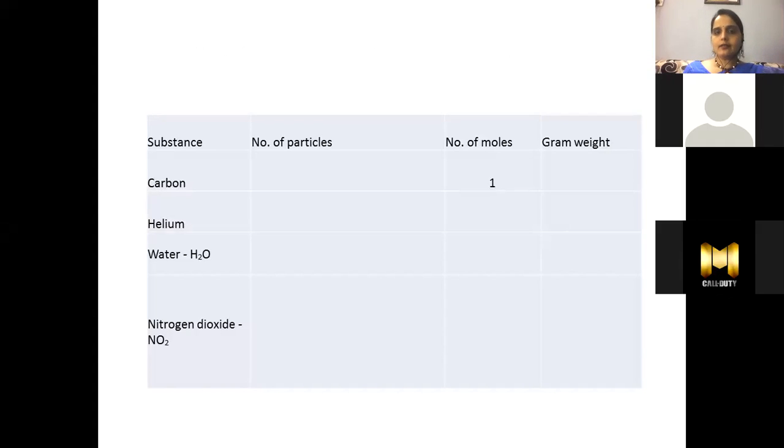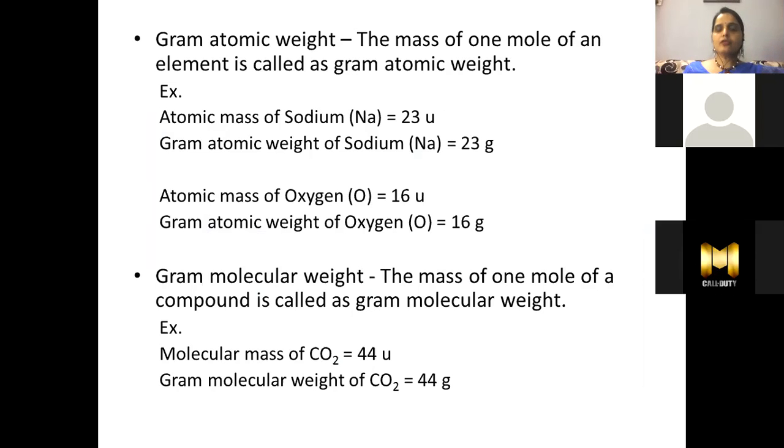Now you can see here, this table is very much similar to the table that we had in case of that dozen balls and their weight. It is exactly the same. So we are going to start with carbon. One more thing I missed here. So I didn't miss. You can see here that gram atomic weight is the mass of that particular